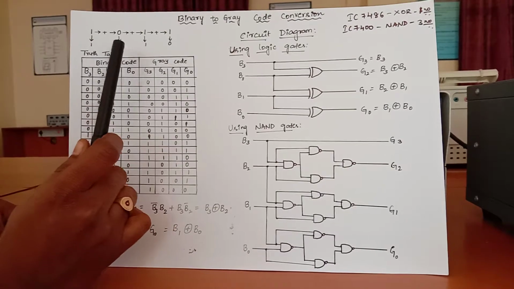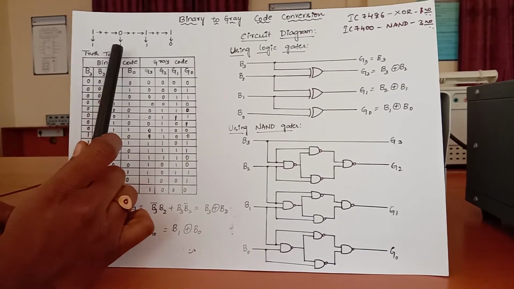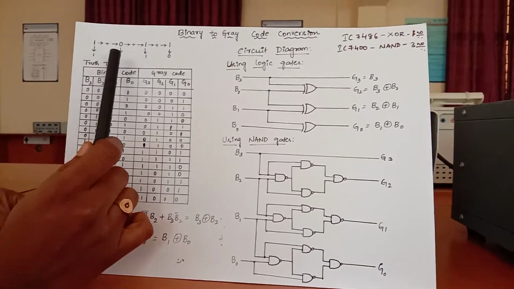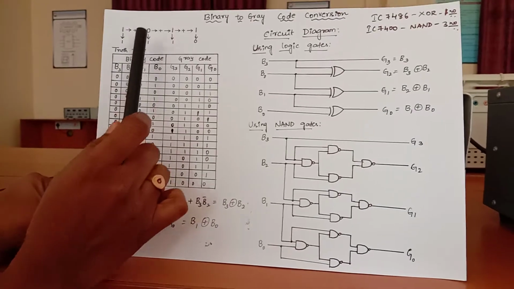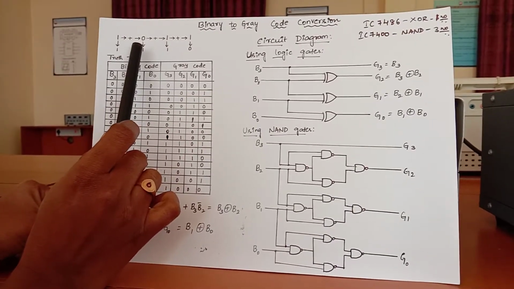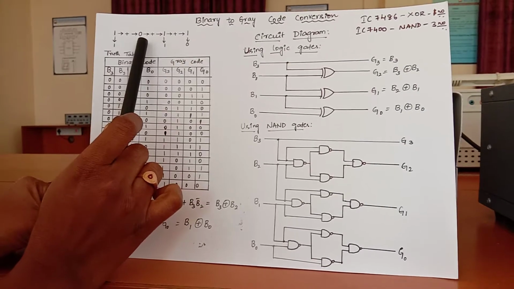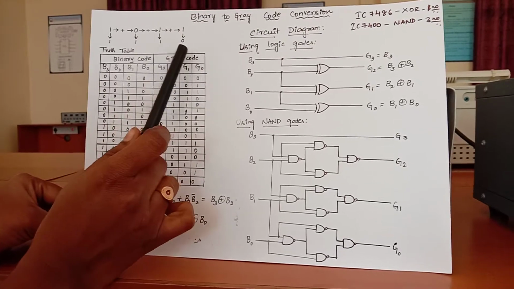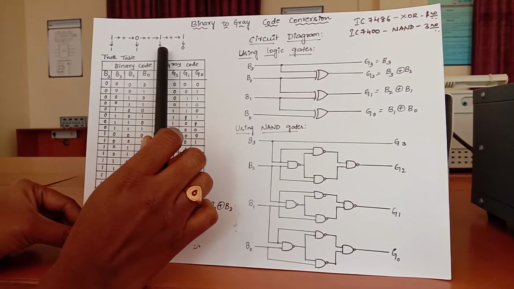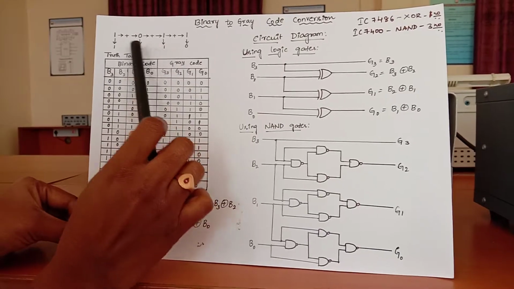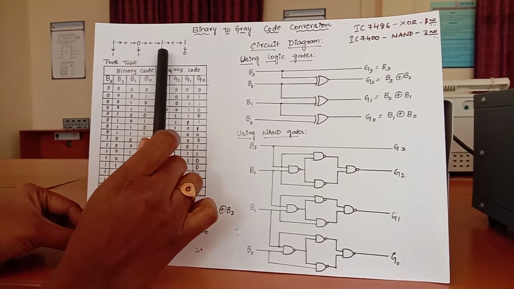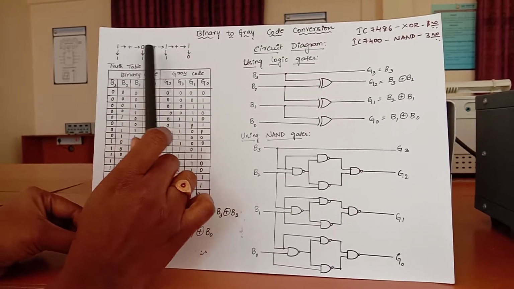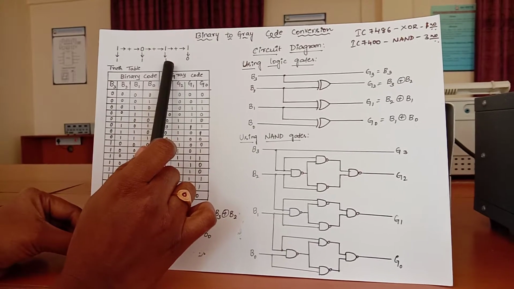Next, the adjacent bit is summed with the previous bit. You can see here, to get the next gray bit we do the logical sum over here, that is, 1 plus 0 results in 1. Like that we move on to the next step. To get the third bit of the gray code, we take the logical sum of the previous bit and the adjacent bit. You can see it is summed here, that is 0 plus 1 results in 1.